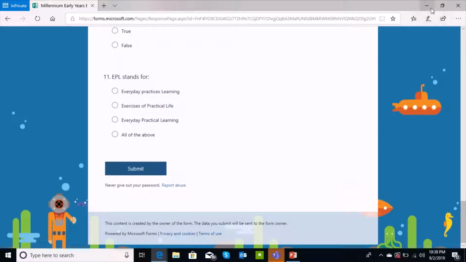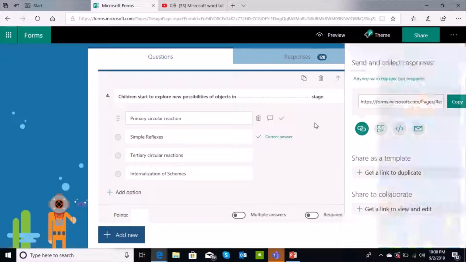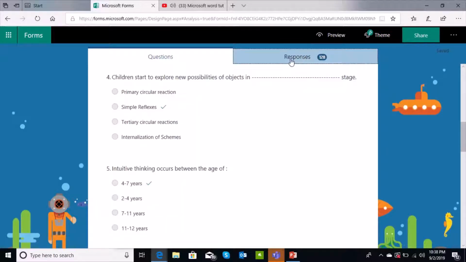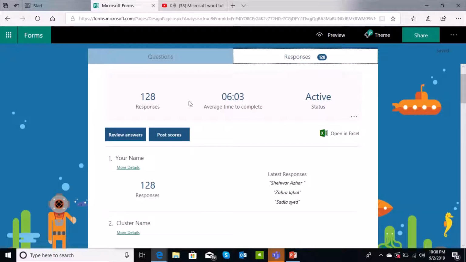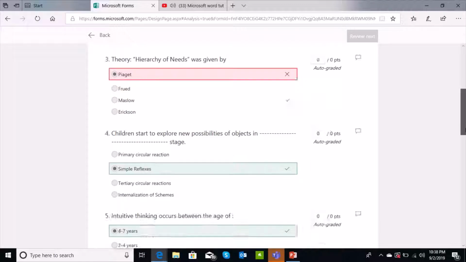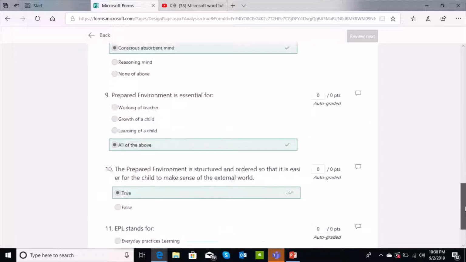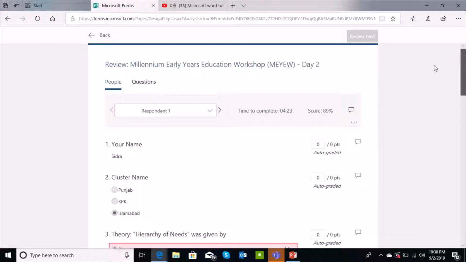Once they submit the responses, how will you get the data? You have got 128 responses against this one. So 128 students basically replied to that quiz. And if I want to see the score of each and every student, I can literally review the answer of each one. For example, I will click here. So I can see, for example, Sidra was one of the participants, and she's from Islamabad cluster. How many questions she answered correctly, and how many she answered wrongly, and I can easily assess individual performance of